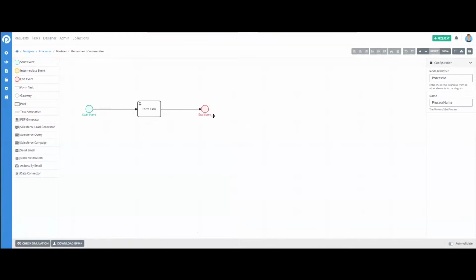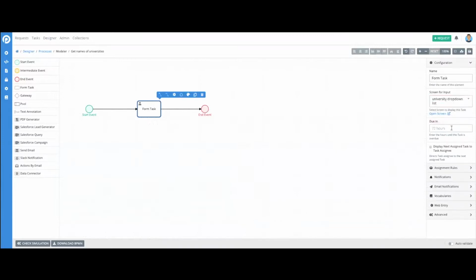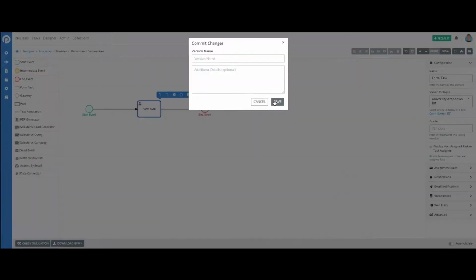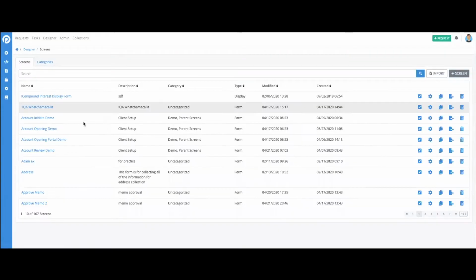Here in this form task, we're going to use this universities form that we've created, the university drop-down list, and we won't do anything else there. We will save that. We don't need to put a version name if we don't want to, so we will just save it. And we're going to go back to that screen and add on a simple